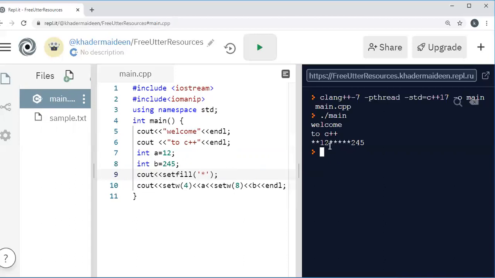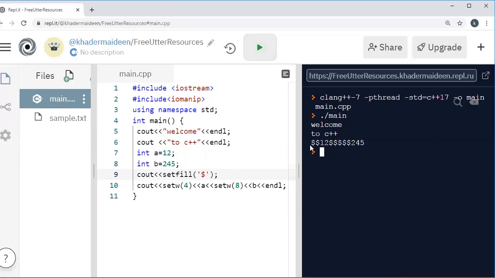Therefore, the remaining 5 characters are filled with a star. Like that we can change whatever we need. Suppose we use a dollar sign. Now you can understand this one, right?